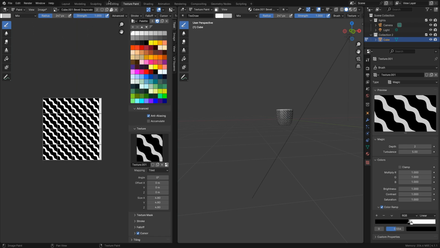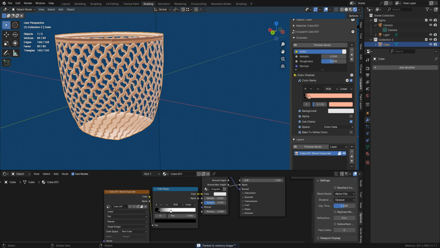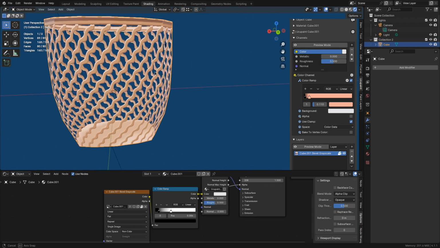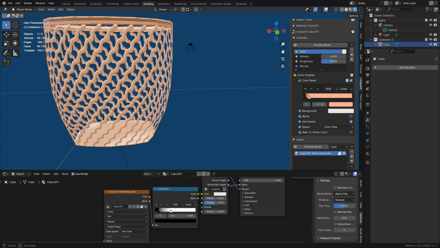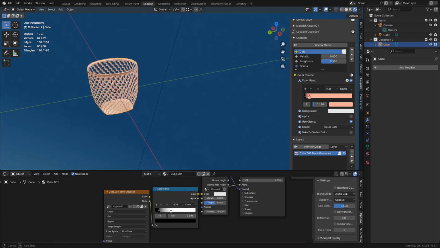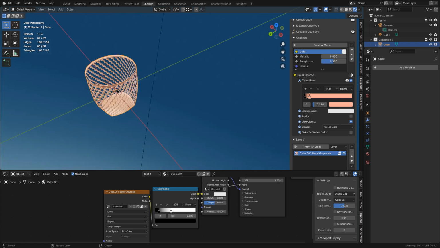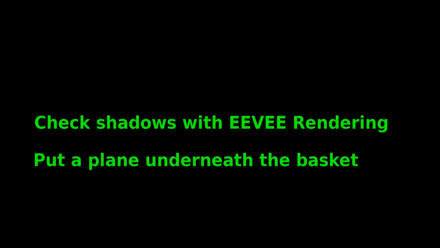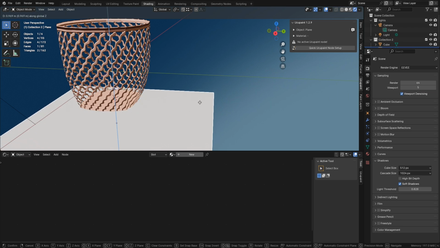Save image. This will be the final image of the basket. Check the shadow that the basket creates on a plane. There is an option in the shader editor,